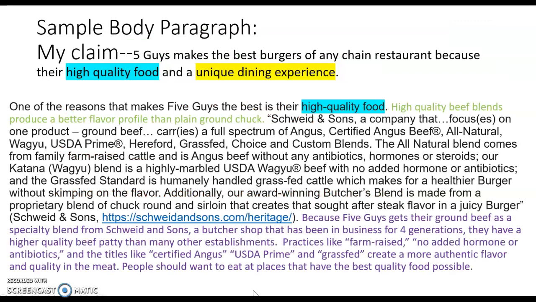So if we look at my sample paragraph that I showed you last time, you can go ahead and hit pause and reread. I am arguing here that Five Guys is the best because of their high quality food. I felt like this is going to be the nope, that there are places that believe that they have a higher quality of food than what Five Guys, a fast food restaurant, has.